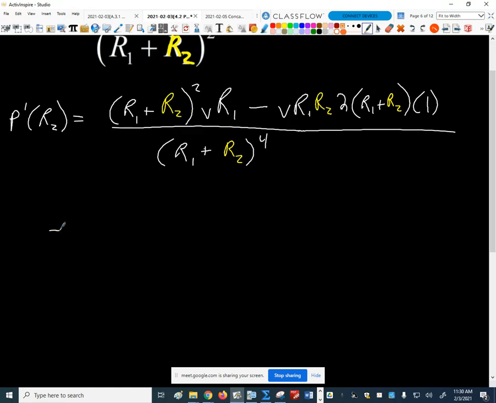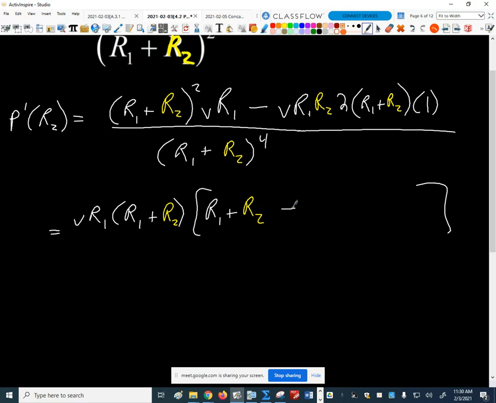So that's going to give us VR1 times R1 plus R2 times what's left over. So up here, I factored away the V and the R1, and I factored away one of those factors. So I'm left with R1 plus R2